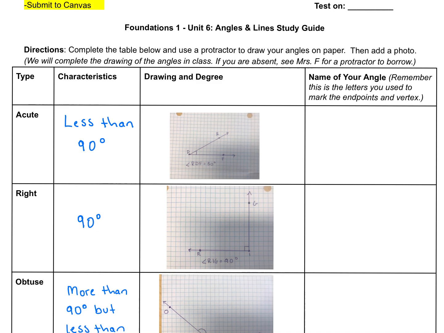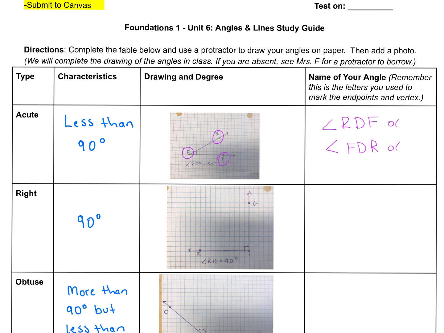Let's take a look at your study guide. For the first one, for the acute angle, you should have drawn it in, taken a photo, and then we're going to name it. Remember, we use this symbol to name it, and we use our endpoint, midpoint, endpoint. So my name for this angle could be angle RDF or angle FDR,